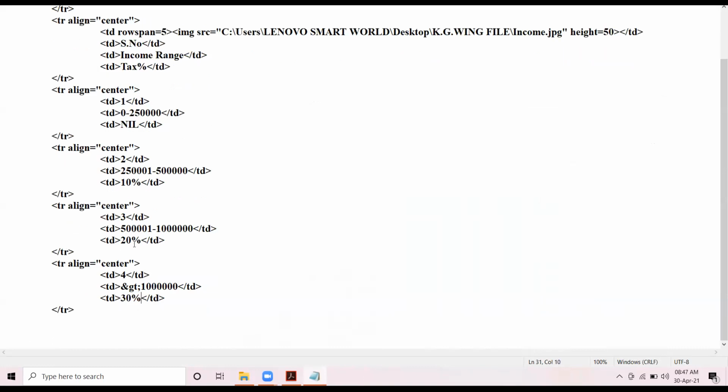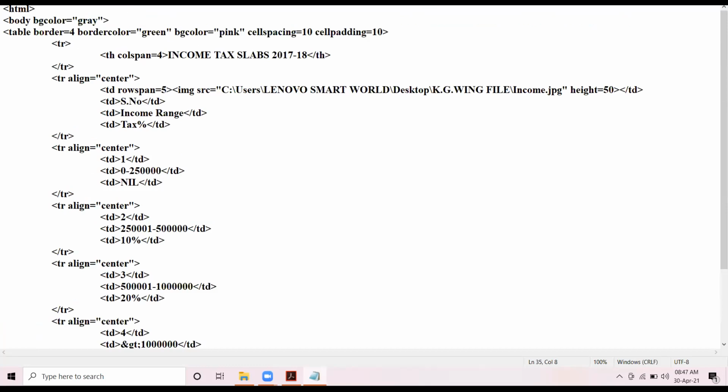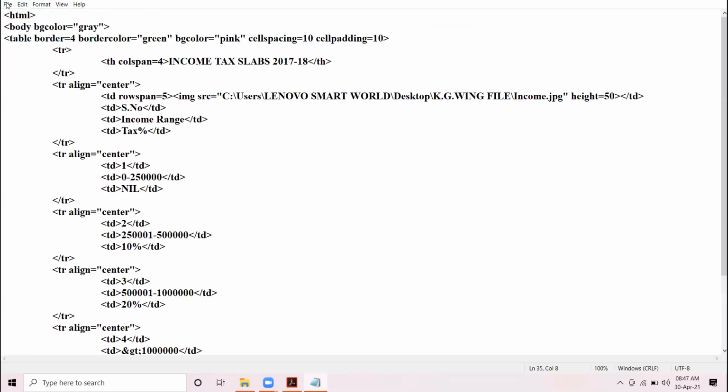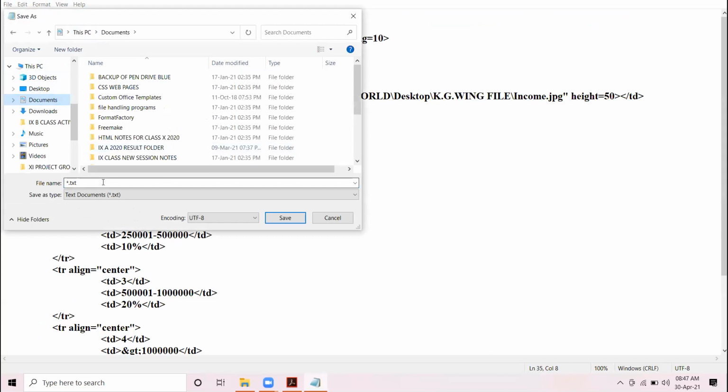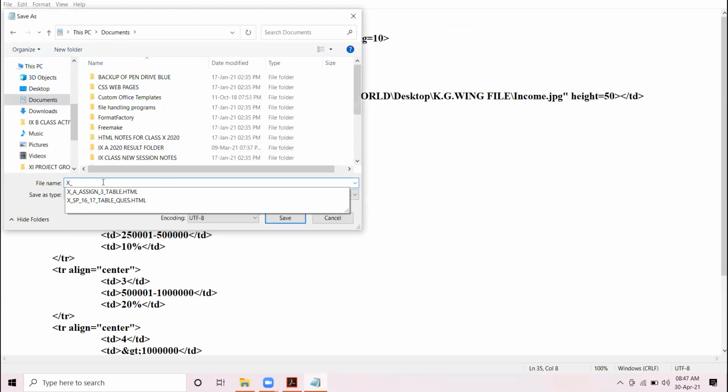So this completes my table. Now I close the table tag, I close the body tag and I close the HTML tag, right? Clear? So let us save this. I'm saving it as 10th sample paper 18, 19 table.html.